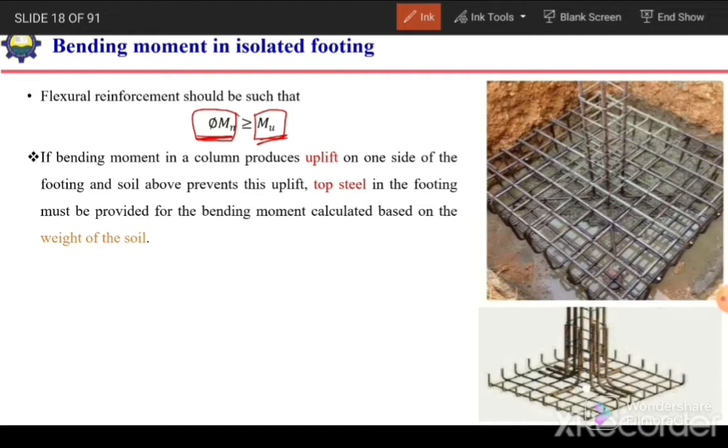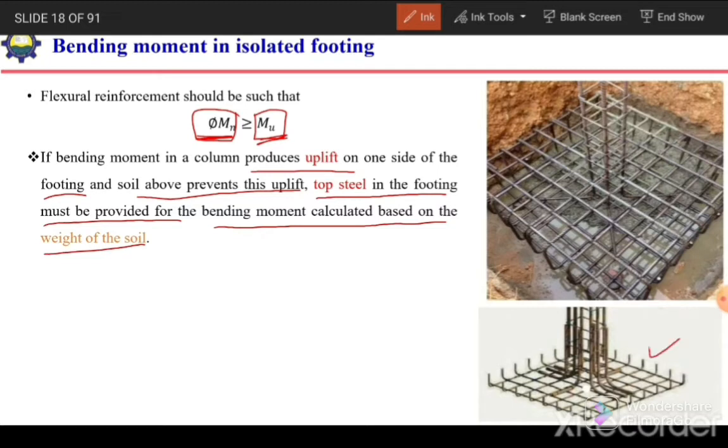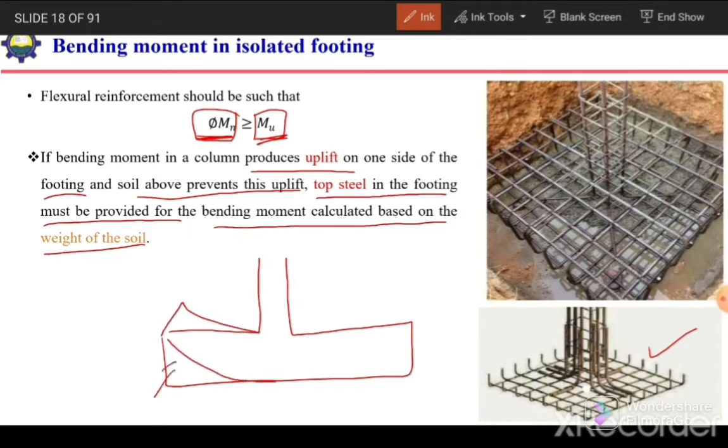concrete column footing. Okay, if bending moment in a column produces uplift on one side of the footing and soil above prevents this uplift, top steel in the footing must be provided for bending moment calculated based on the weight of the soil. So this is the case if we have a concentric load, so we need to provide the footing reinforcement at the bottom only, because in that case the soil pressure will try to uplift these sides. So because of the soil, the bending will be in this direction,